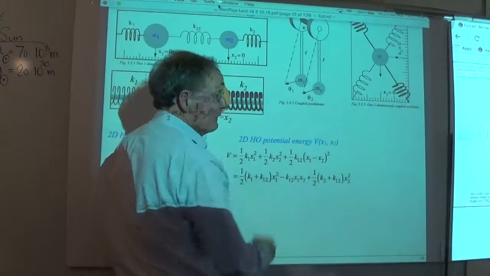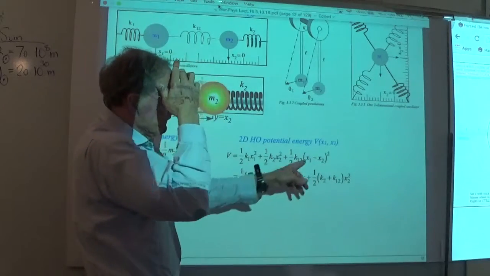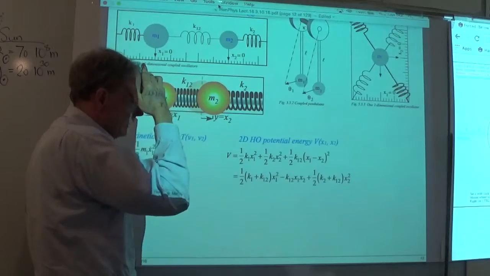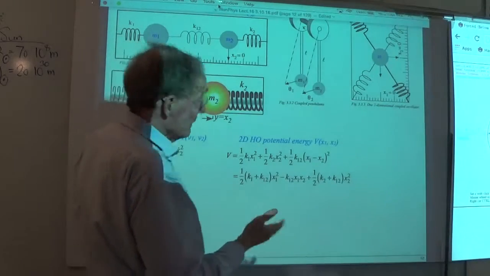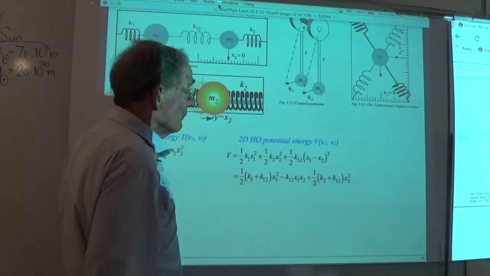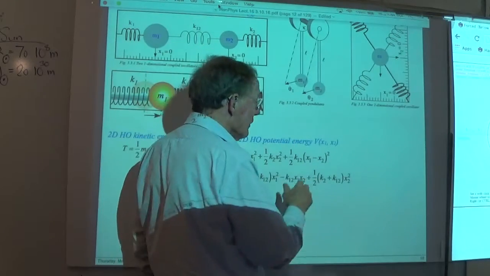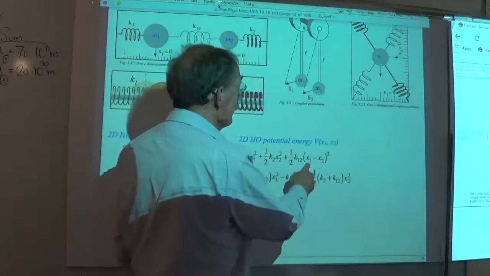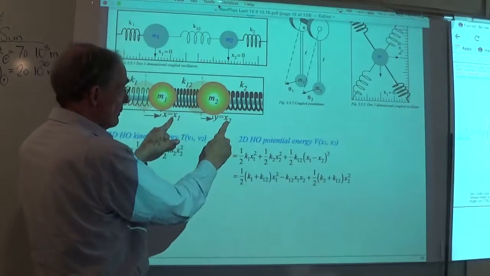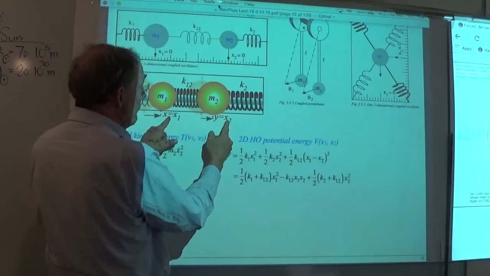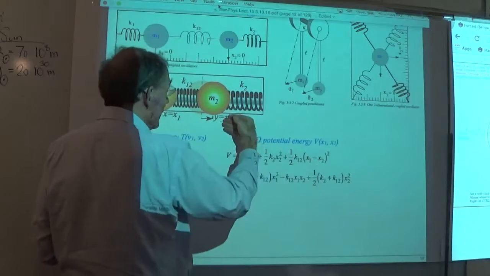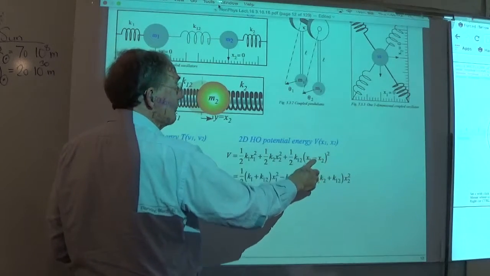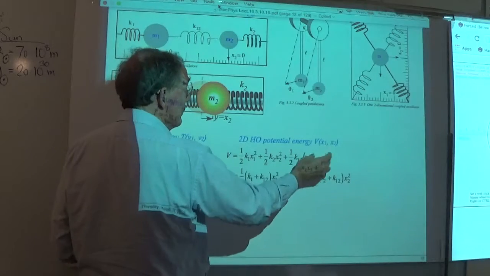This is going to make a big difference. This is the coupling term between these, that one right there. And it's going to be 1/2 k motion squared. The motion in this case is the difference between these two. So if they're not the same, or if they're opposite each other, that's going to be really big. If x2 comes in with a minus sign, that makes a plus sign here, and I get a really big